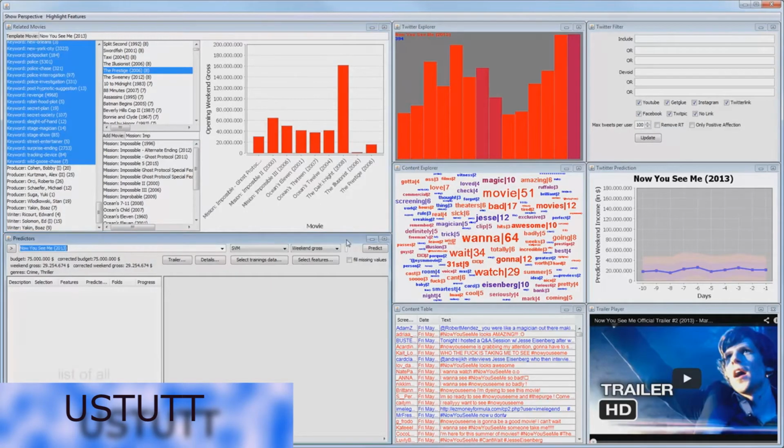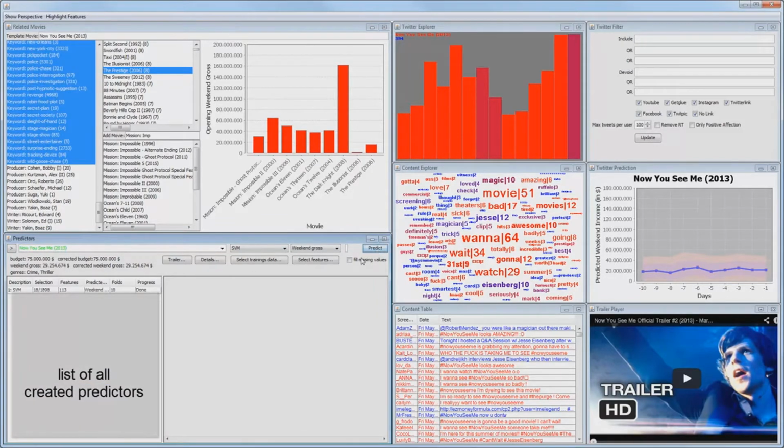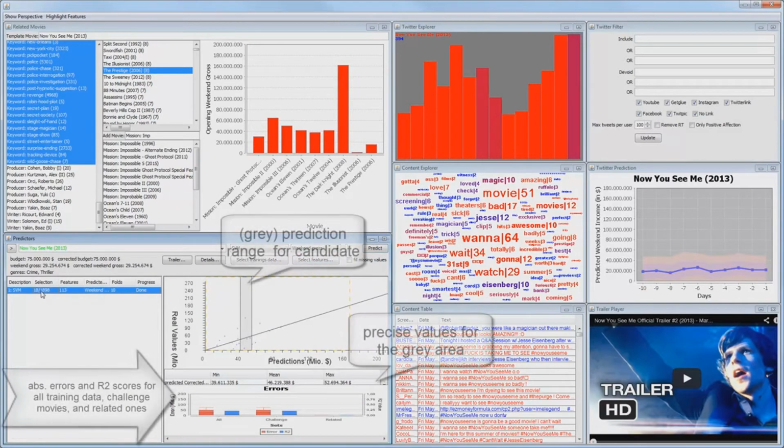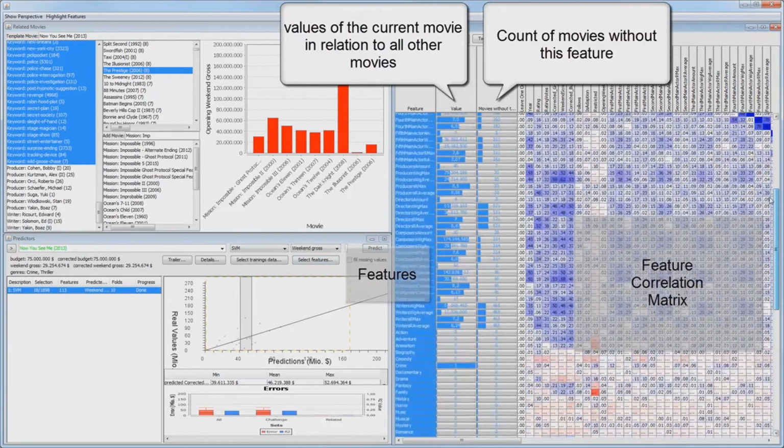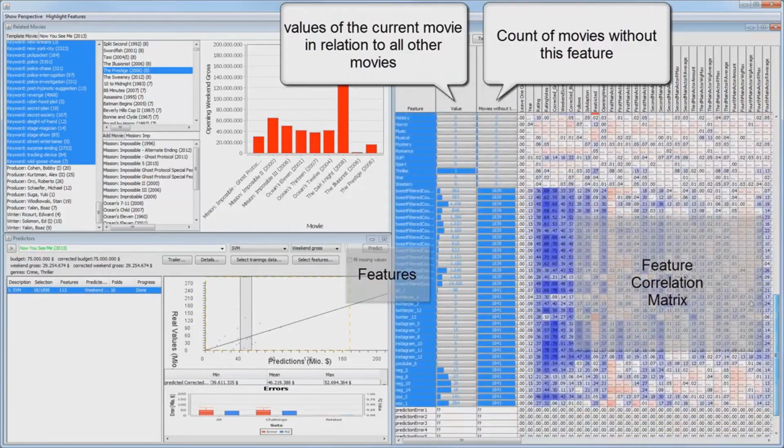Evaluating the machine learning-based predictors, we use the default configuration for an initial prediction. However, the resulting predictor has used only 19 training instances and displays very poor error measures. We now can use different features that exclude fewer training instances due to missing values. In the feature selection view, one column